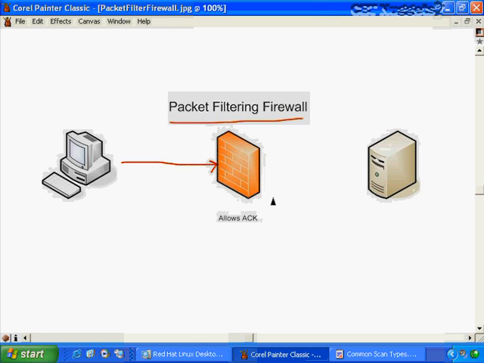I don't know who's supposed to be here and who's not supposed to be here. So just go on ahead and get in. And it'll do this regardless of whether or not this computer here has ever initiated a session with some computer